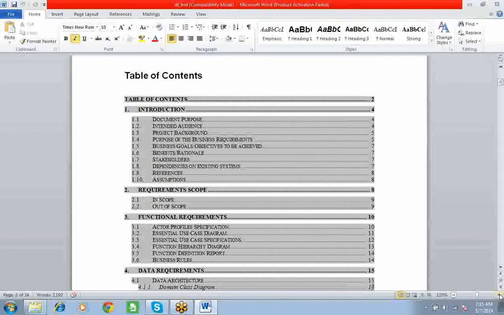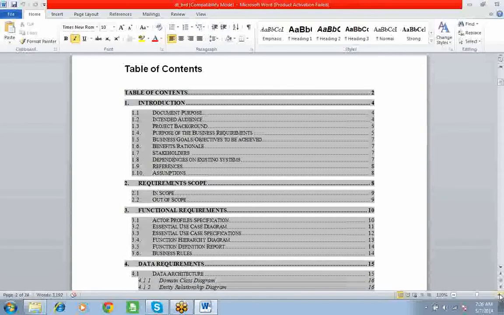Out of scope is what we are not designing now. We'll be designing in the future, like won't-have requirements. You know, must, should, could, and won't-have requirements, right? MoSCoW technique. So in scope is nothing but must and should, mandatory requirements. Out of scope is not mandatory. We will do it later. Okay, like this, we can implement these requirements later. That is out of scope. That's it. So up to here, we have done with high level.